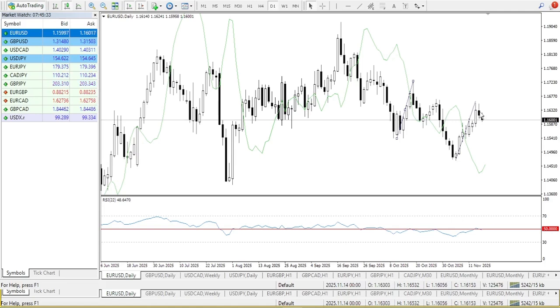Comparatively, this candle which was made on Friday is smaller and does not make any bearish price action or bearish candle pattern. So here on daily time frame we have only one supporting factor which may